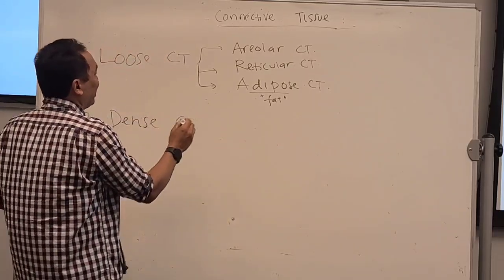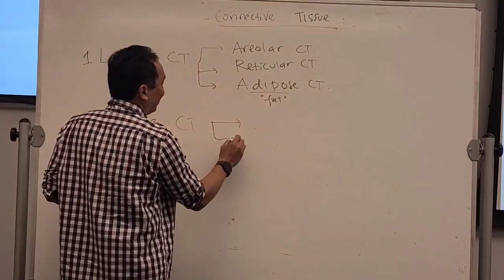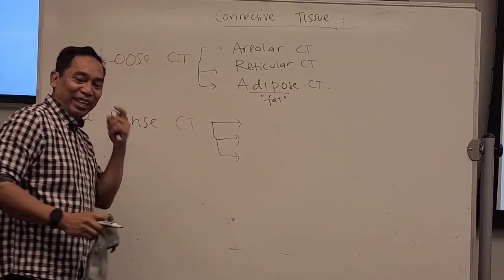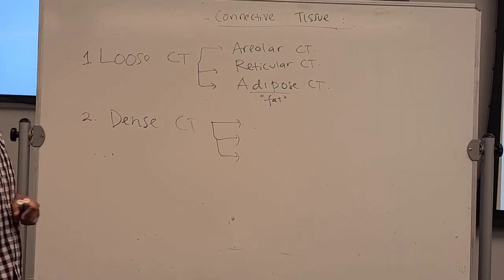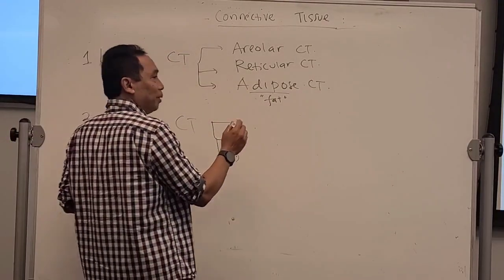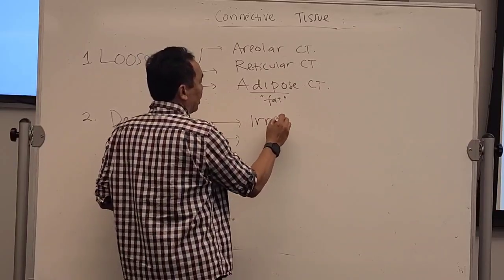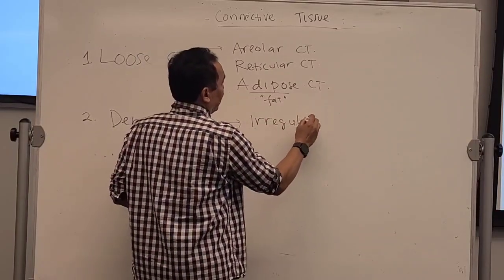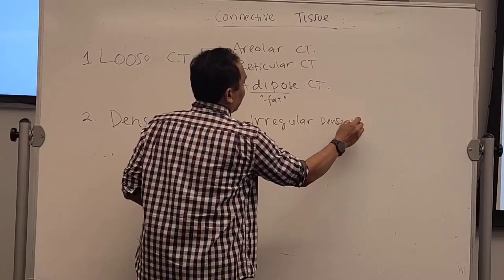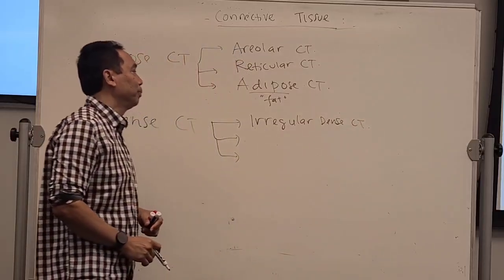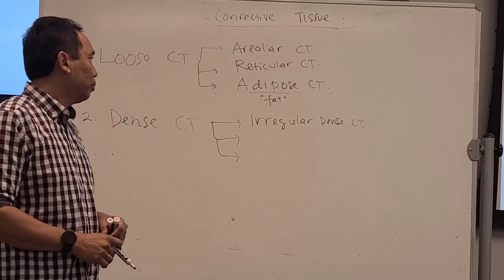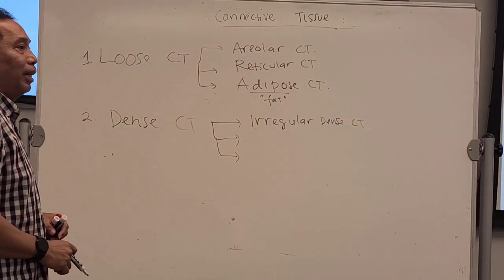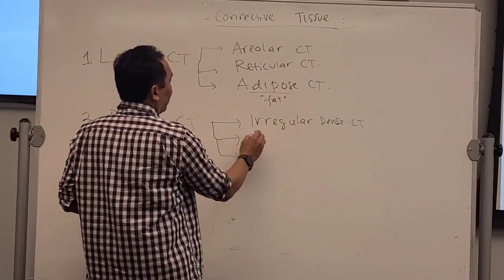Okay, so this dense connective tissue, there are 3 in our body. The first one is called the irregular dense connective tissue. Okay. The second one is regular